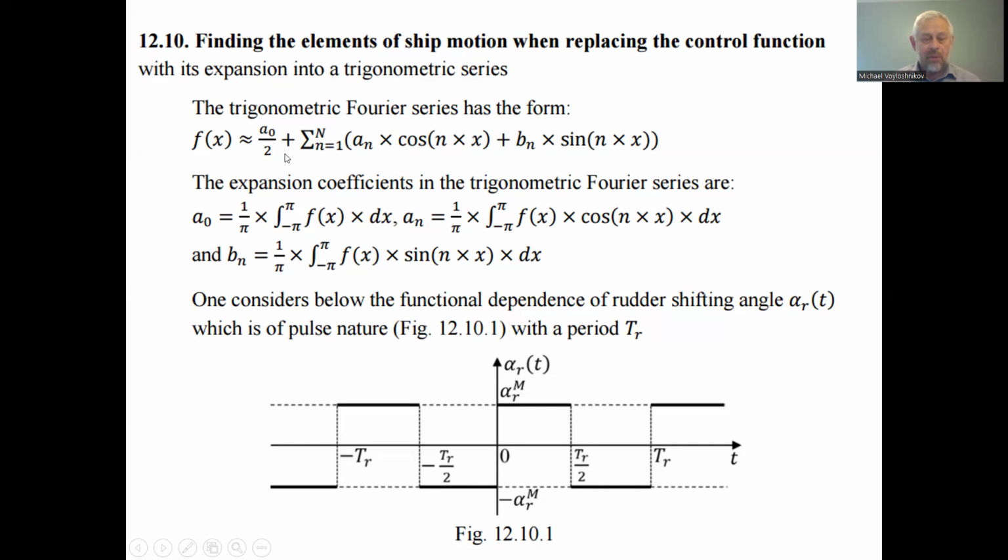We can next substitute the obtained expansion of this impulse diagram into the differential equation on the right side, as the action of the control patterns. And we will next have the decision if we substitute the control action as the expansion, having the impulse nature of the control action. When we substitute by expansion into the trigonometric Fourier series, we will have the decision of the inhomogeneous equation